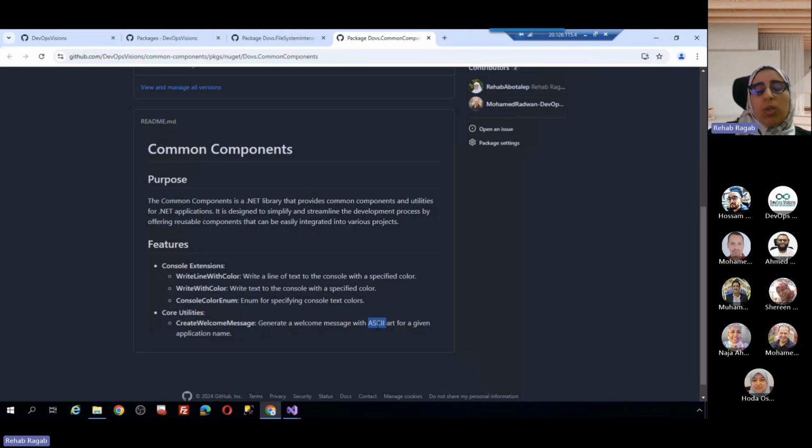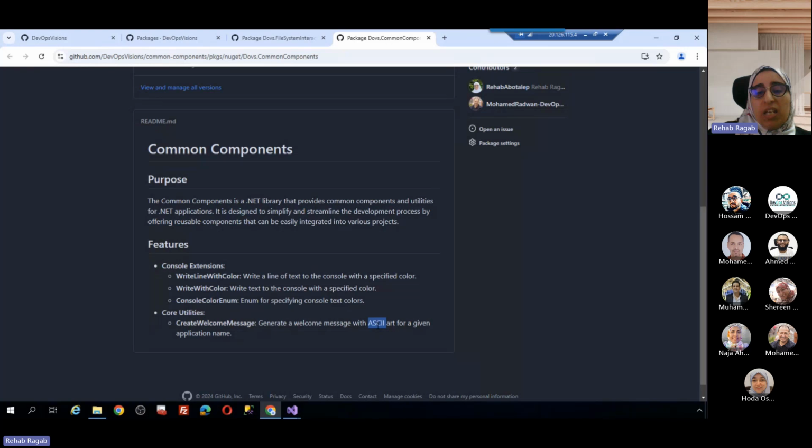Whenever we run our frameworks or applications, we would like to display a welcome message in a specific format. So we found that this functionality of generating this welcome message will be repeated across all frameworks. And of course, going back to the concept of reusability, we will not repeat this code